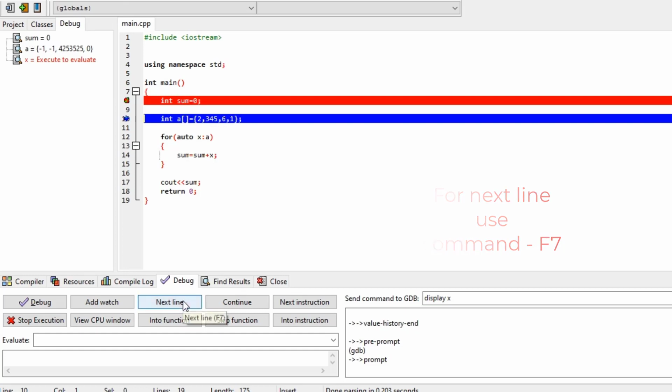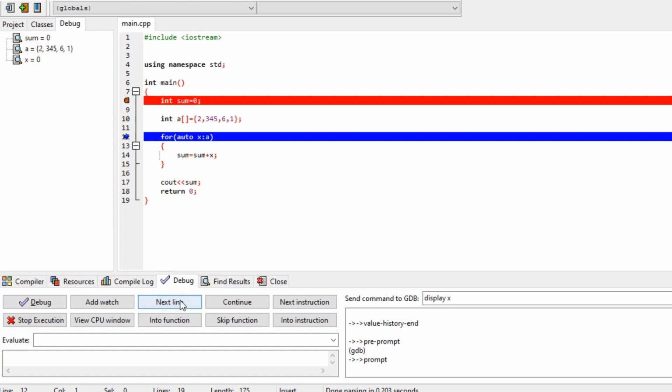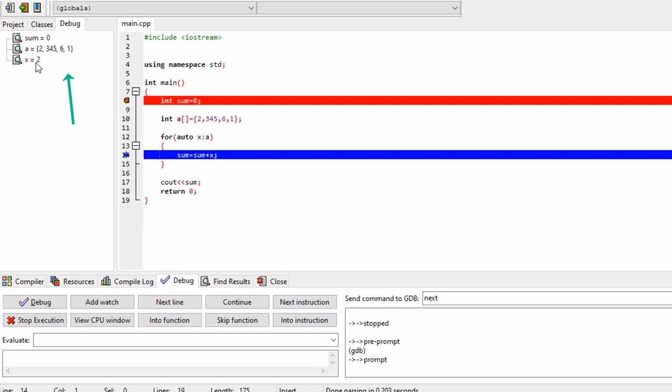Again click on next line. After execution, the array a shows 2, 3, 45, 6, 1. Whenever I click on next line, the value 2 will be assigned to x. Here you can observe x value is 2.